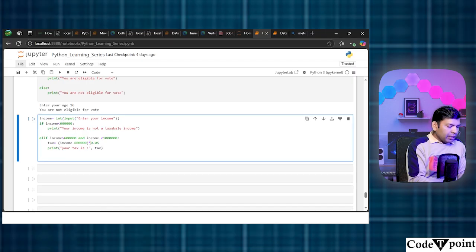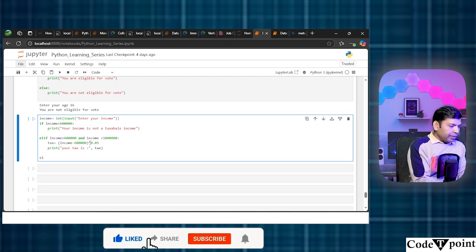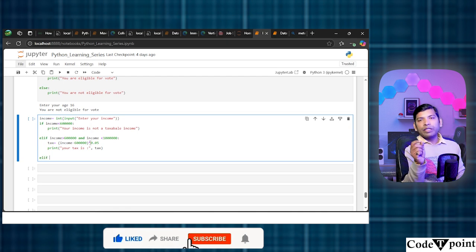And the third condition, again, if I'm going to write, if it is greater than 10 lakh and below the 15 lakh,